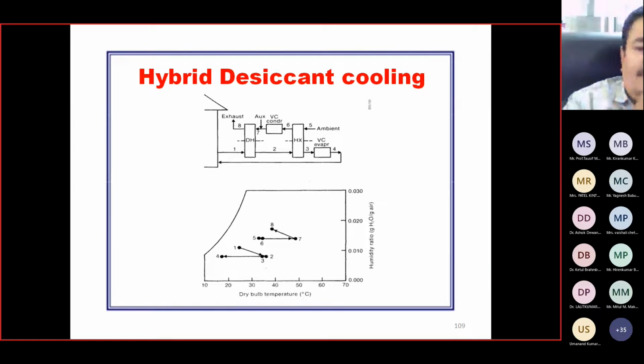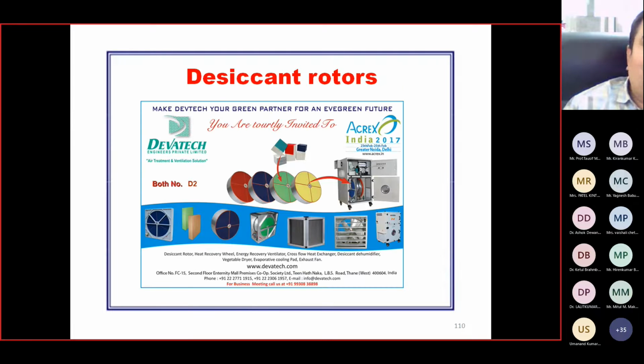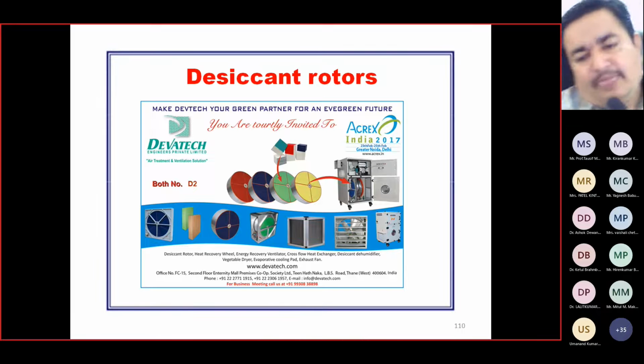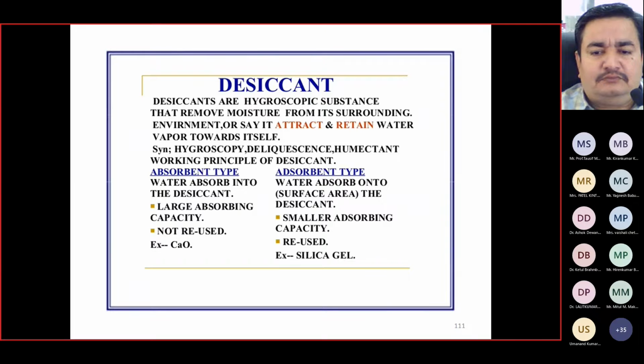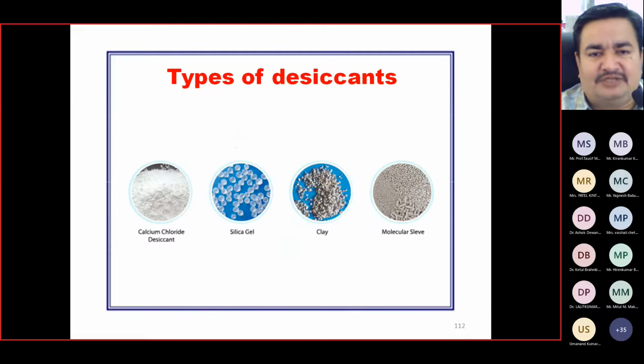You can couple a desiccant dehumidifier with small vapor compression systems. So if a dedicated vapor compression system alone requires a size of 3 ton, a 0.5 ton vapor compression unit would be suitable along with desiccant integration, so the size is drastically reduced. This is the address list of different desiccant manufacturers across India, for your demand and need as far as certain applications may be concerned. Comparison of adsorption type as well as absorption type.